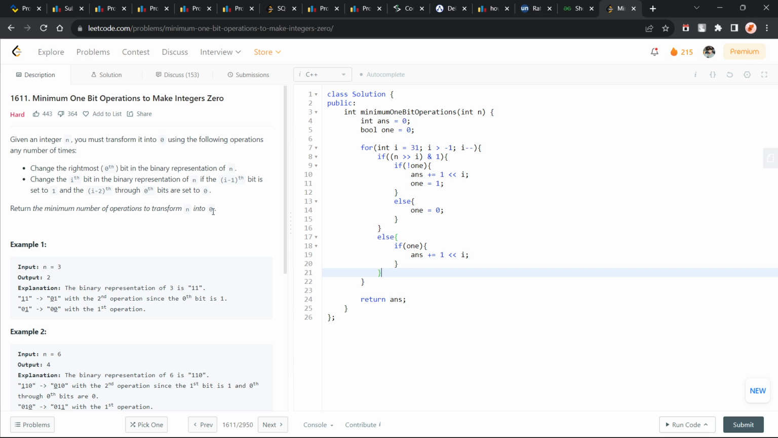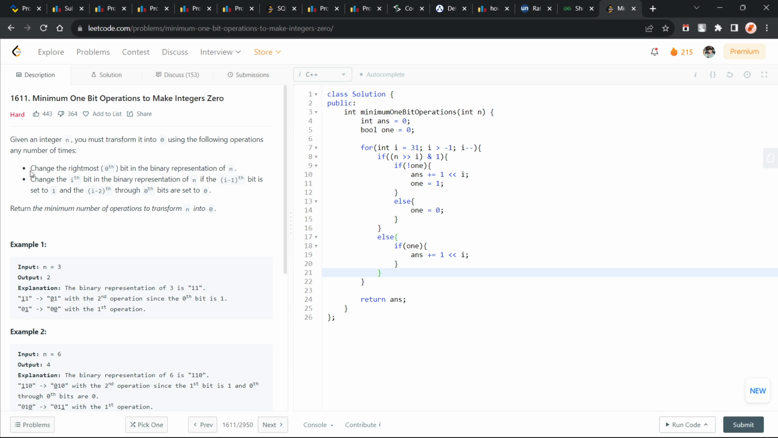So for this particular problem, I would say this was an interesting problem, and not a very easy problem. You see the code is very small, but it will take you some time to realize how you have to solve this problem. So it says that for any given integer n, we have to transform it into 0 using